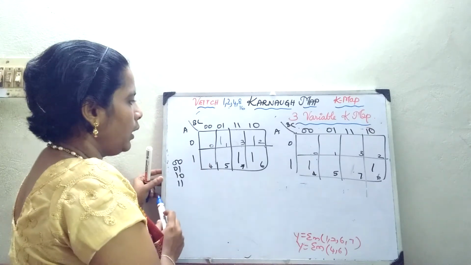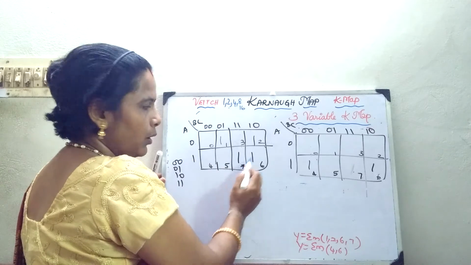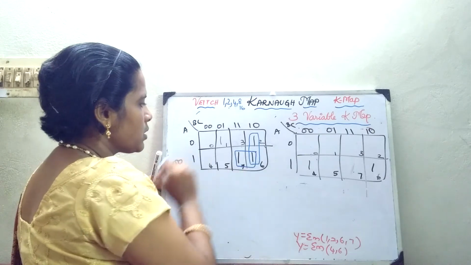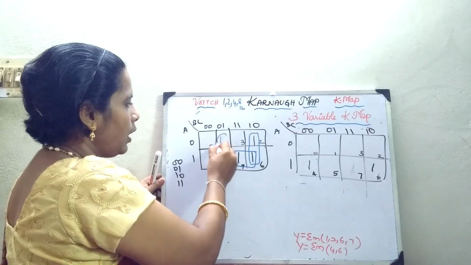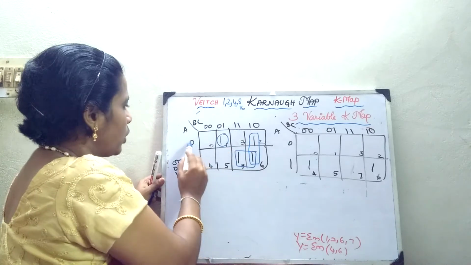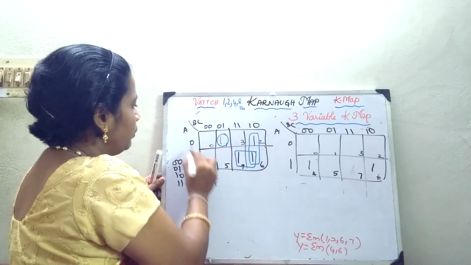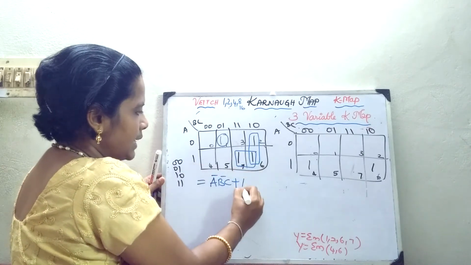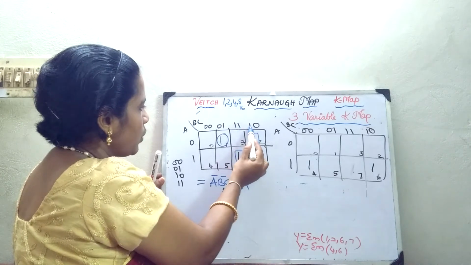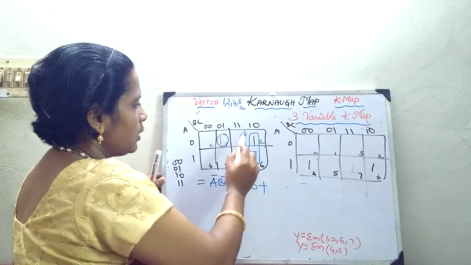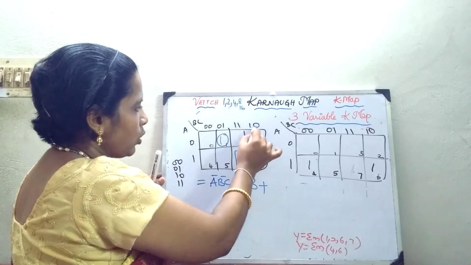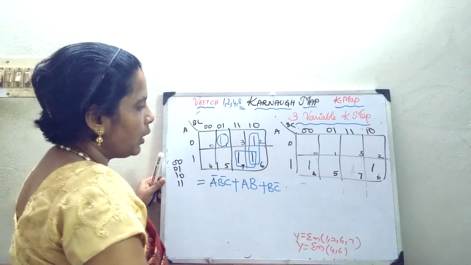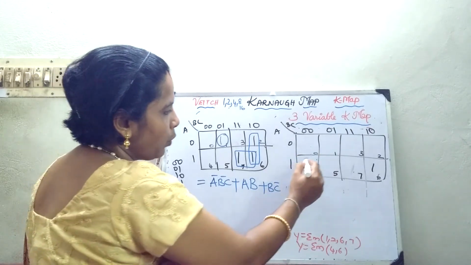So how should we group here? Here I have a cell. This is one 2 cell grouping, and again this is one 2 cell grouping. Here there is no possibility, so it is a single cell grouping. What is the answer for this? It is A bar B bar C plus, for this 2 cell grouping it lies in the 1 1 column, where the first variable is matching, so B, plus the second variable is not matching. For this it lies only in this column, so it is B C bar. That's all. Now we will go for another one, 4 and 6.